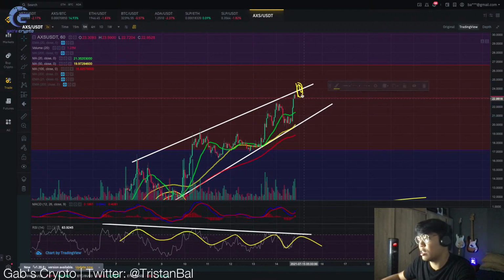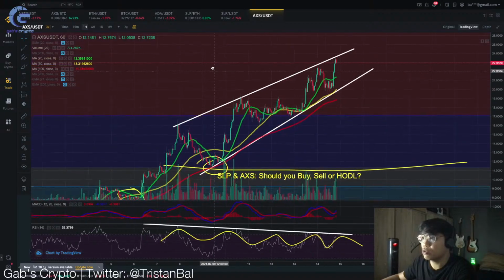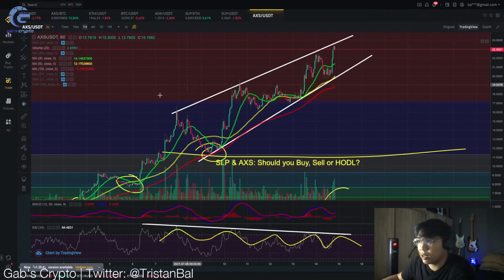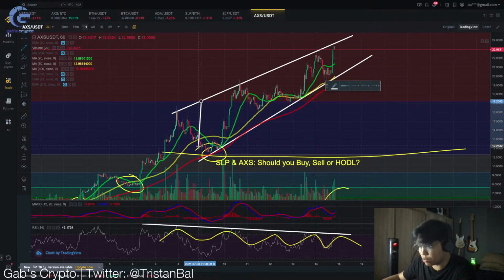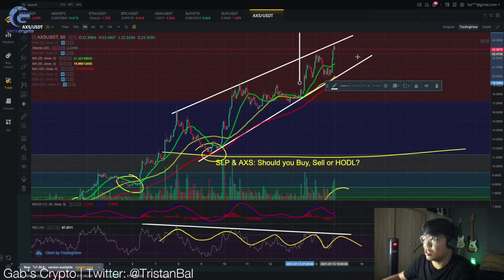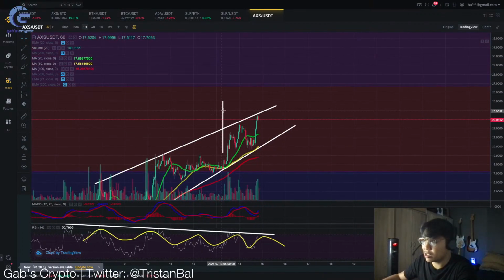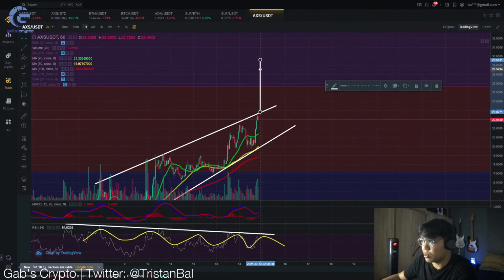Now, ano ba yung target natin if nag-pump tayo within that area? So, to give you guys a technical analysis dito, what you should be looking for is this rising wedge, and then kukunin mo yung height niya from this rising wedge from the resistance up to the support, and then ilalagay natin siya sa possible point of breakout. So let's say nag-break na break niya to, we could actually see Axie Infinity token go up to 29.5 US dollars